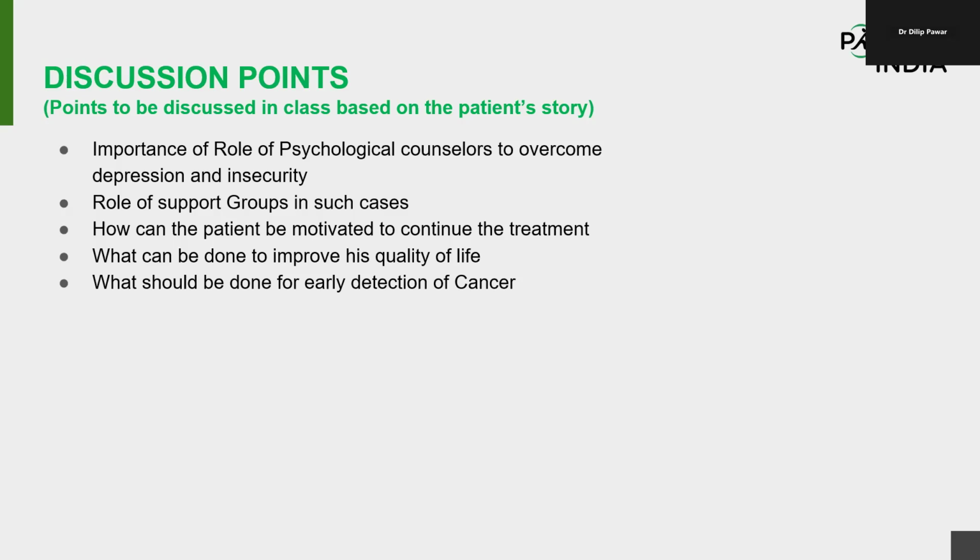Thank you so much, Dr. Dilip. So the one question that you have put up is how to detect early or how we can prevent this. Obviously, awareness is one thing that we can do. As you know, awareness has increased in recent times, awareness regarding the use of tobacco and the effect of tobacco, but irrespective of all this, people still continue to abuse drugs in all forms. But awareness is one thing.